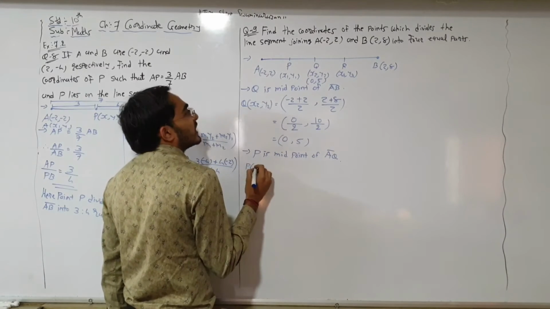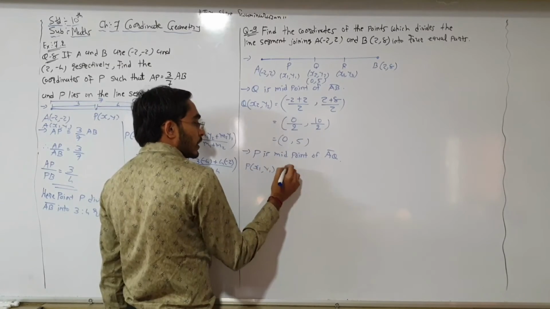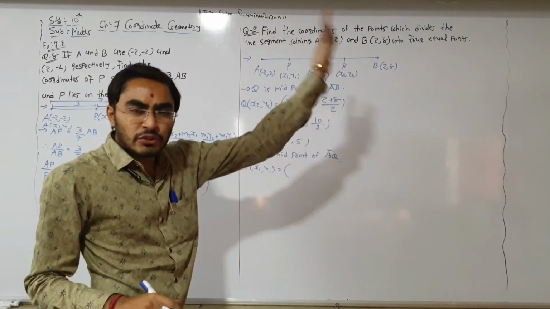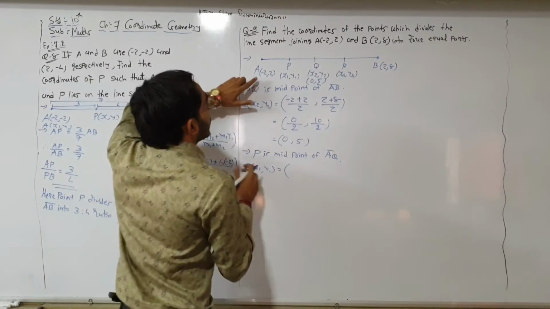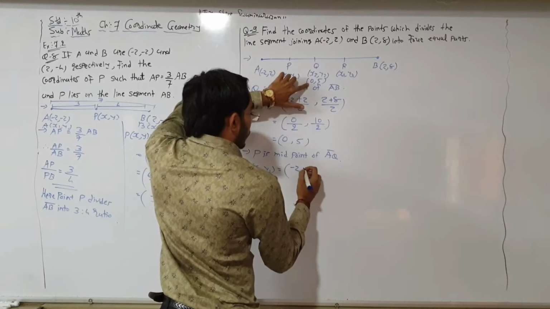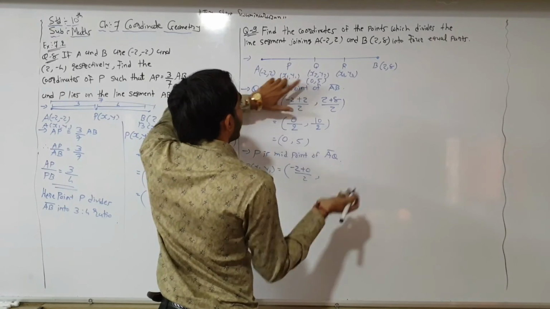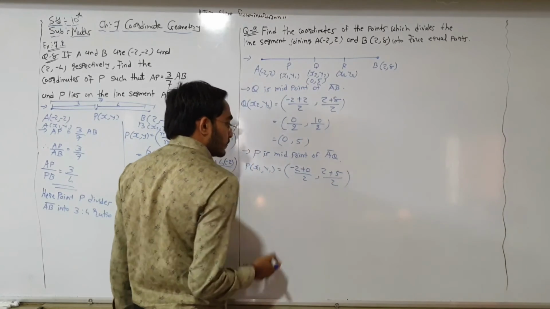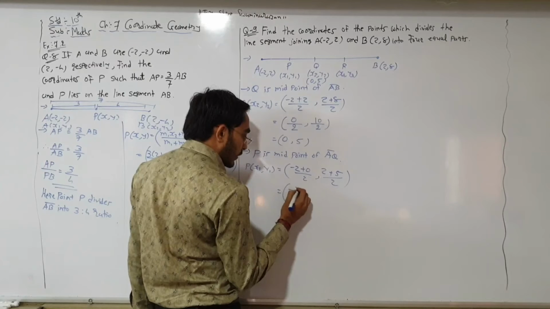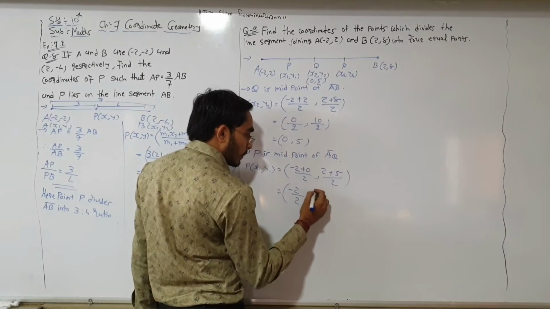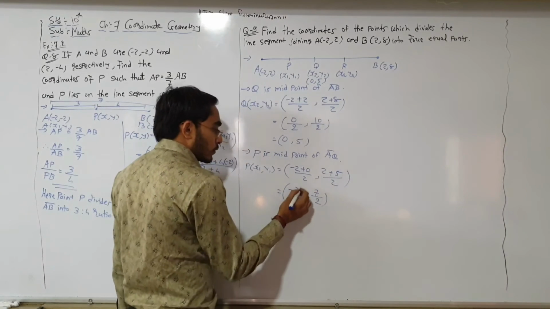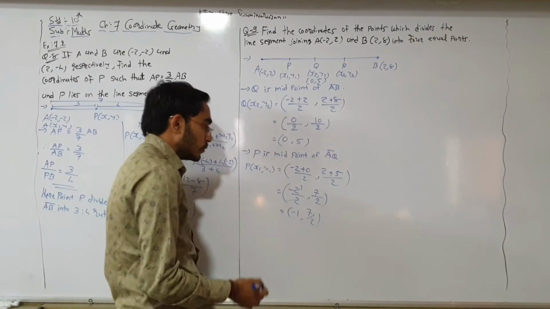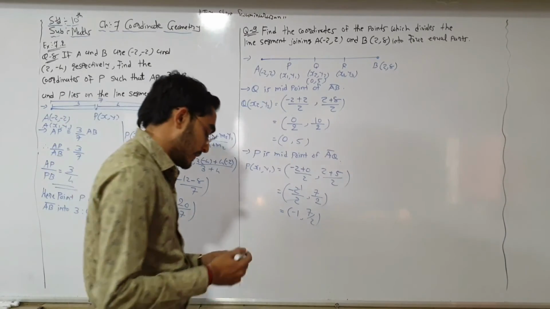सो नाउ P x1 by 1 इज इक्वल टू, अब P किसका मिड पॉइंट है? AQ का. तो A और Q दोनों के x कोऑर्डिनेट का एडिशन डिवाइड बाय 2. हियर -2, हियर 0 by 2. नाउ y कोऑर्डिनेट 2 plus 5 by 2. So -2 plus 0 it's -2 only, divided by 2. 5 plus 2 is 7 by 2. Now 2 ones are 2, right? So here -1 and 7 by 2. This is the coordinate of point P.